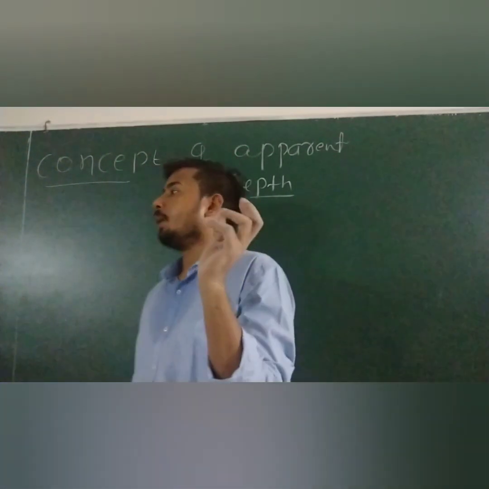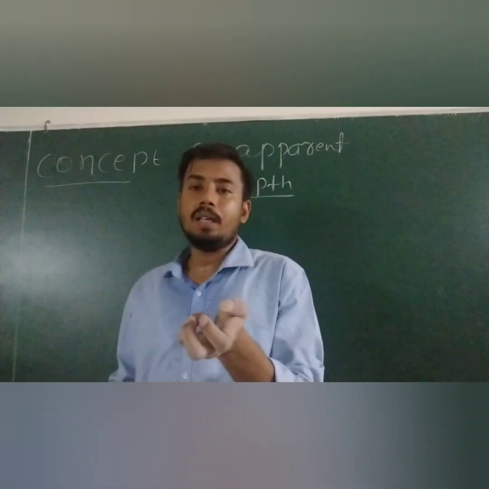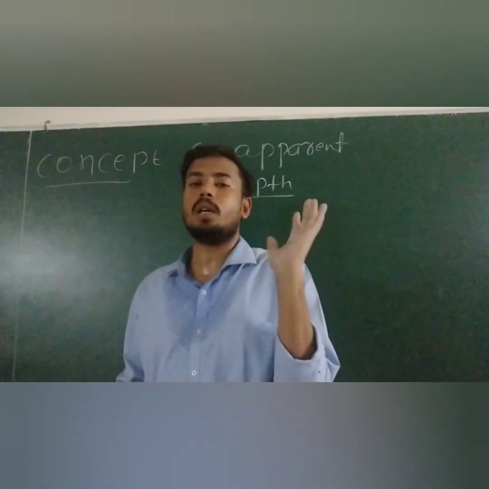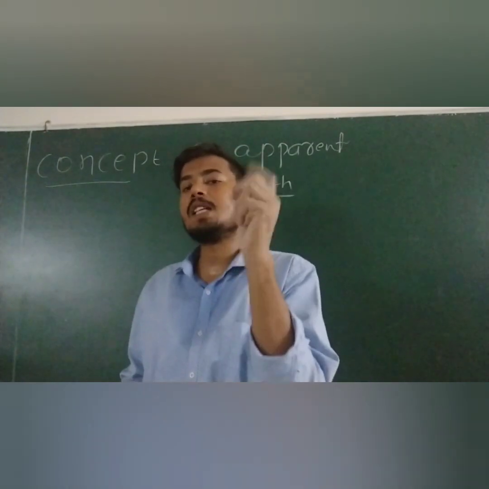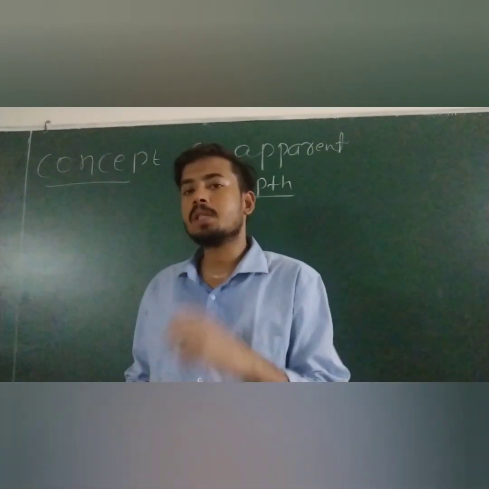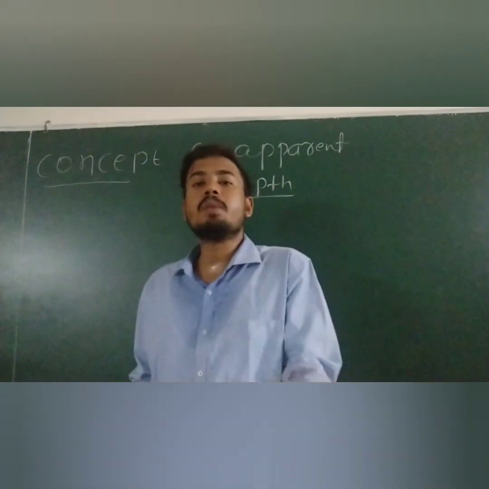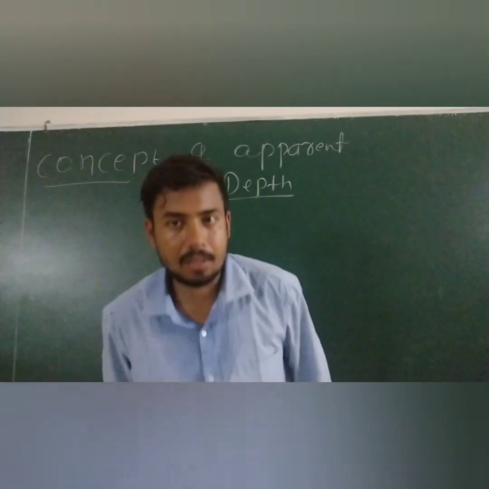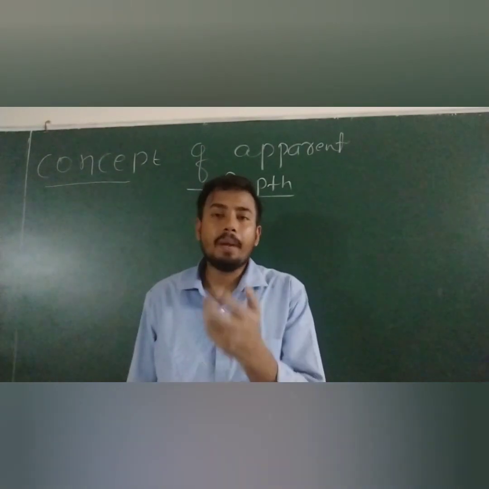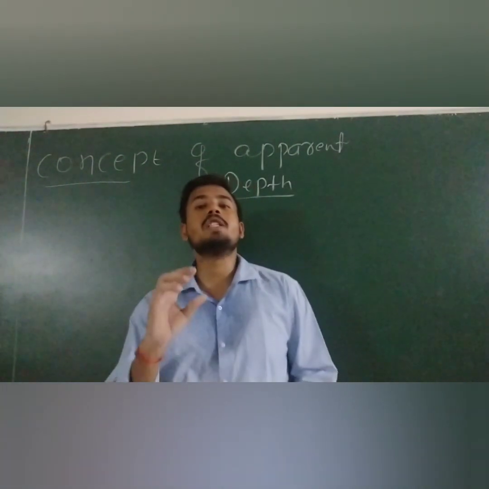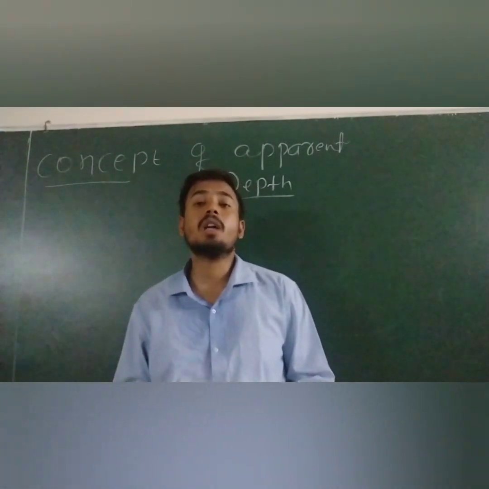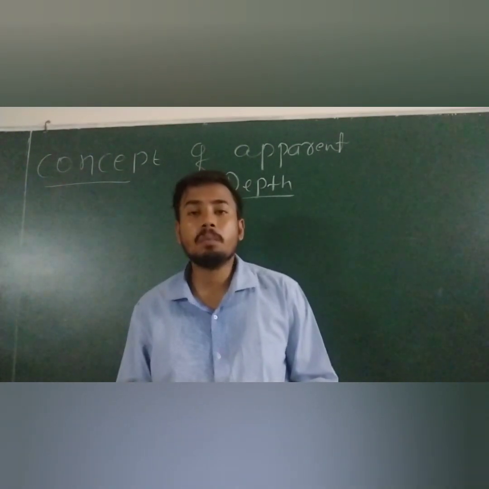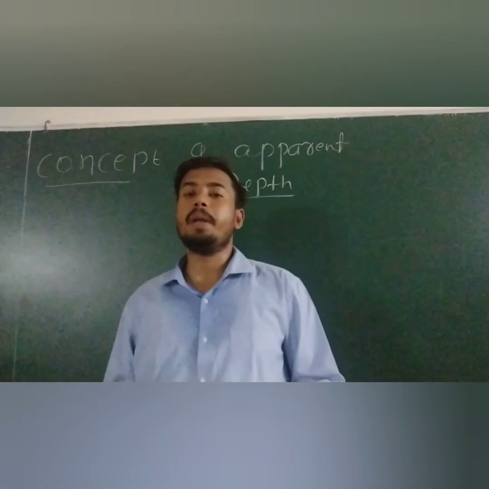So basically what happened? This is called apparent. The reality is exactly 60 kg. Reality is exactly 600 Newton. But due to the acceleration of the lift, my weight becomes sometimes more than 600, sometimes less than 600. So this weight is called apparent weight. So apparent means something which is different from the actual, which is away from the reality. This is called apparent depth.